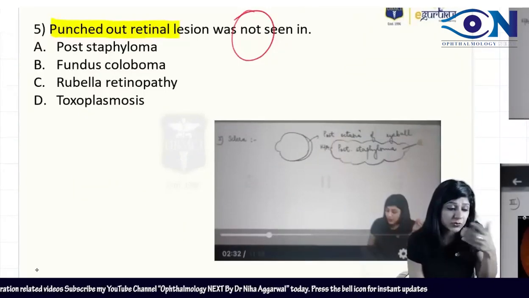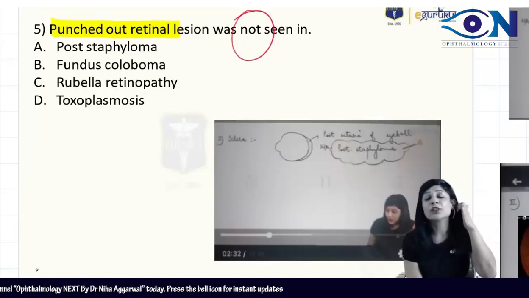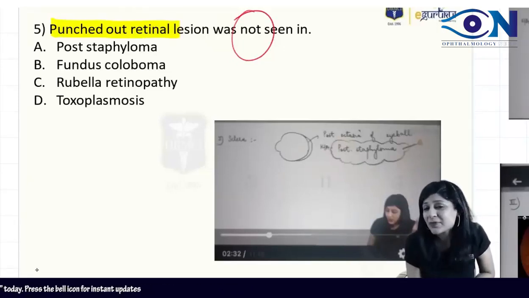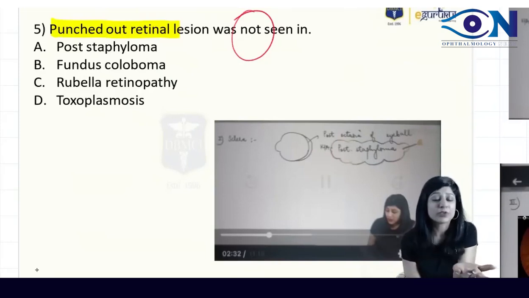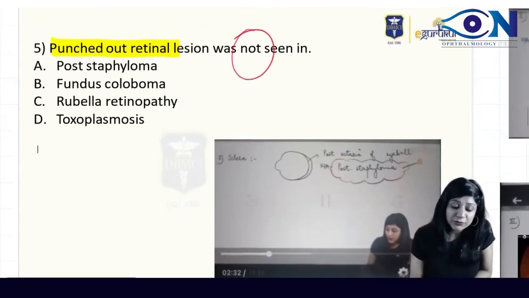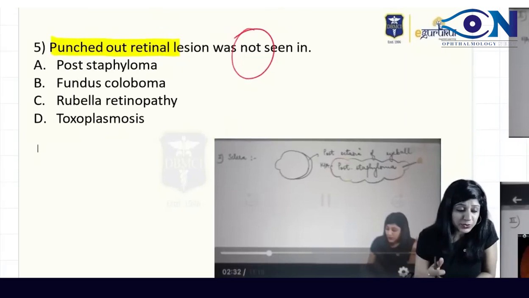So Swaroop, Vandana, Sakshi, all those people who are watching me, please tell me, did they ask it is found in or it is not found in? Because if you look at the options, I think options